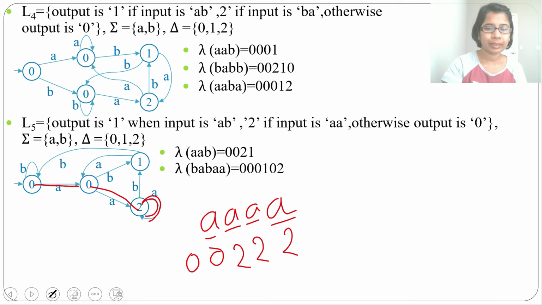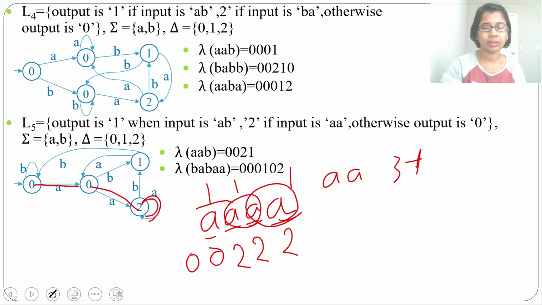We got 0, 2, 2, 2. This 2 means AA is counted once, this 2 once, this 2 once. So consecutive A's will count as 1 AA each. So in 4 A's, there are 3 consecutive AA's present. That's why we are getting this output.